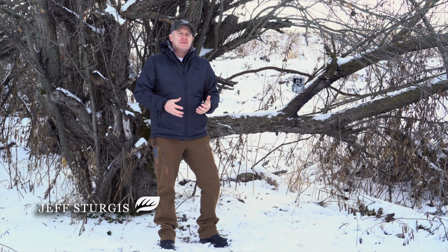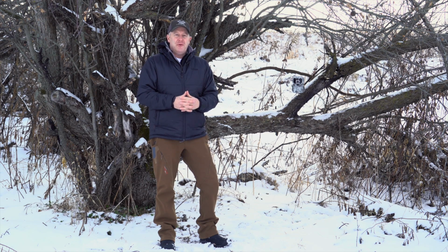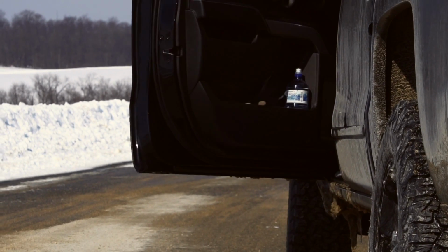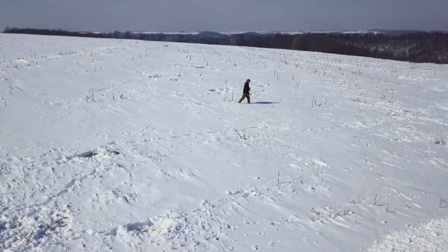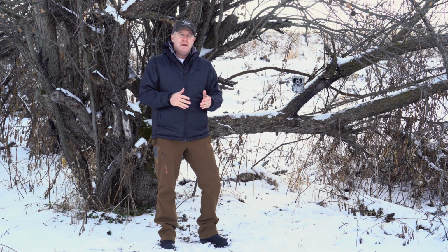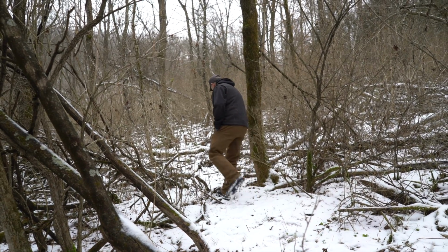Now there's tens of thousands of people that'll head to the shed woods each year looking for the next greatest giant shed from a whitetail. Maybe a target buck, maybe a buck in the area that they're hoping they'll find, or maybe just looking for that leftover buck after the season, to make sure that he's alive. And while shed hunting is a great pastime, it's a great amount of family time. It helps you hike, keeps you healthy. That's all good stuff, but does it really contribute to your whitetail strategy and ultimately harvesting a target buck